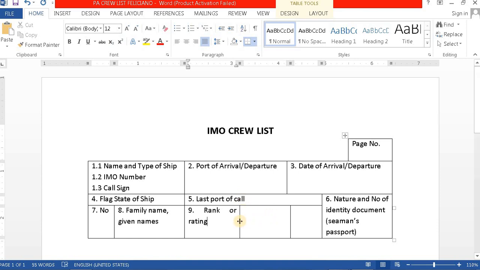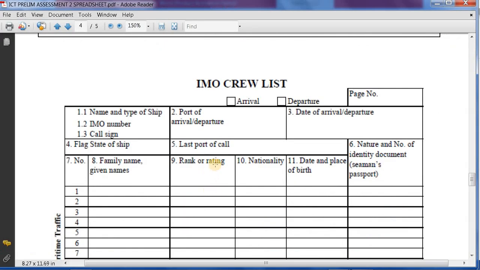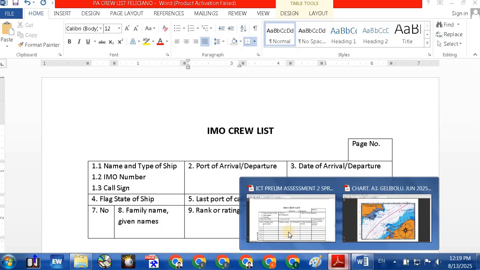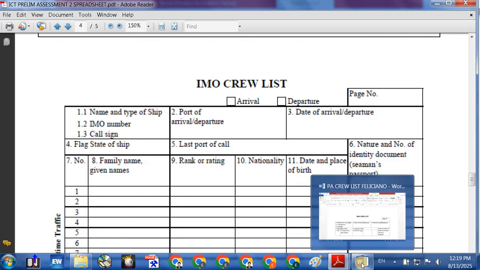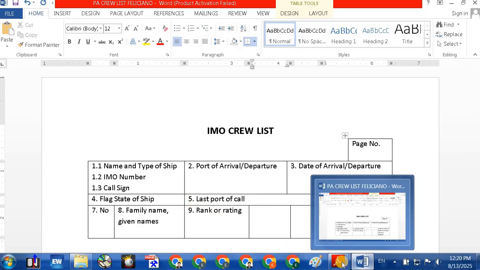So let's adjust. Let's check first. So let's adjust the table here. Rank or rating. Okay, let's adjust a little bit. Okay, next is